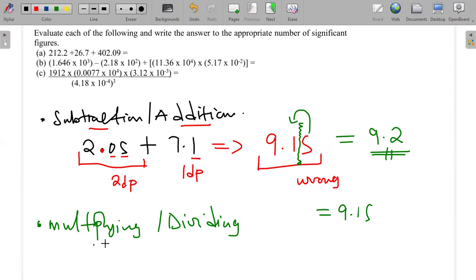So if, for example, I have 7 multiplied by 2.001, okay? The first number there, 7, only has one significant figure. And this one has 1, 2, 3, 4. So it has 4 significant figures. So why are we counting these zeros here? Because they are captive zeros. So when you multiply this, let me multiply on my calculator. You can also do it on your own. So 7 multiplied by 2.001, that gives me